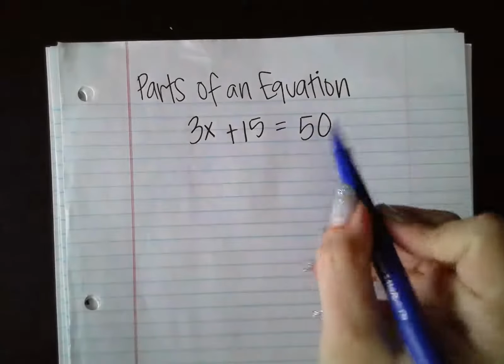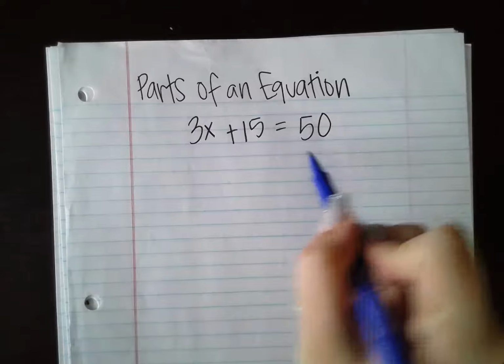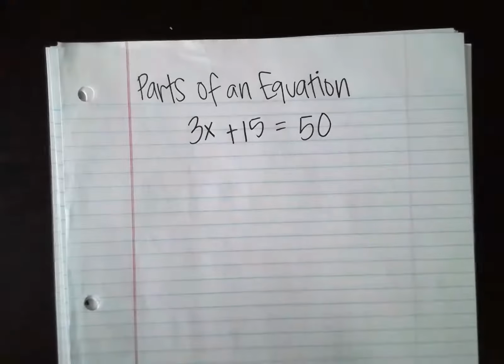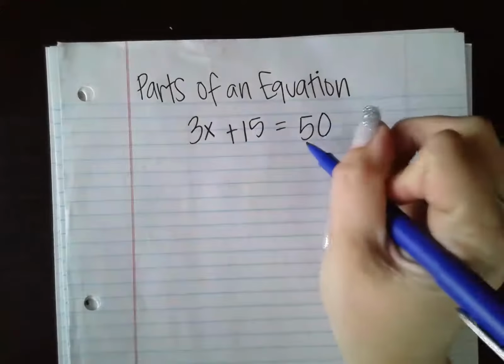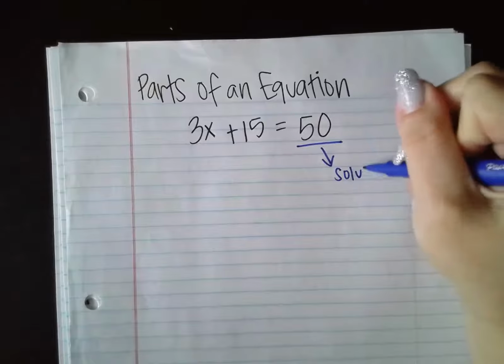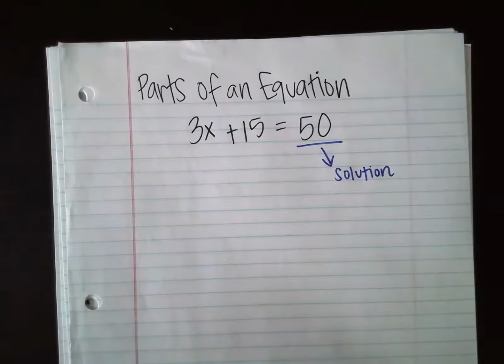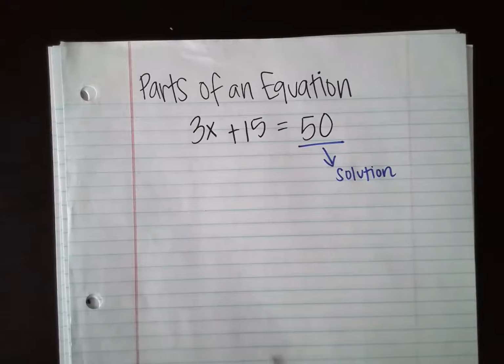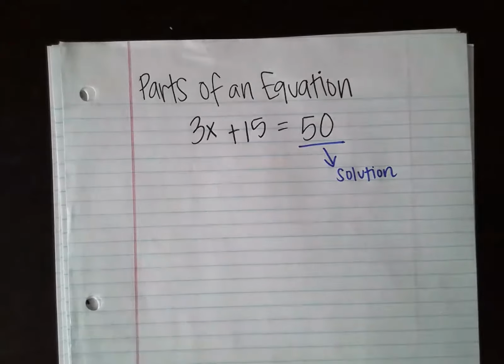So what we have on this side of the equation, and we could flip-flop these around, we could say 50 equals 3x plus 15, that's totally valid. This is called the solution to the equation. It is called the solution. It is what our equation is set equal to. The 3x,